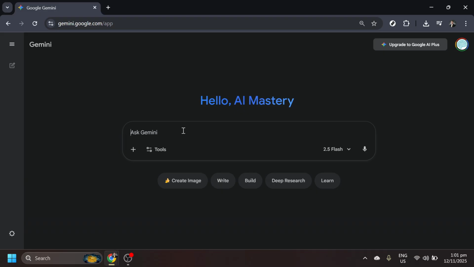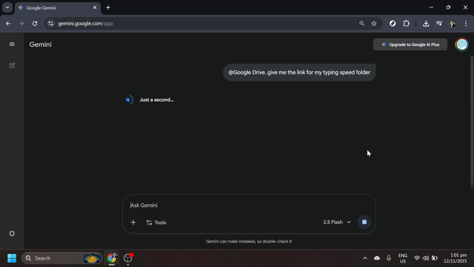Type in a prompt like, "At Google Drive, give me the link for my typing speed folder." This is a clear instruction for Google Gemini to fetch a specific folder link from your Google Drive. Once you've entered it, there's one more step to complete this action: clicking Submit. After you hit Submit, Google Gemini will do its thing, and within moments, you'll see the contents of your Google Drive folder. You'll have quick access to the link you requested, all within a few clicks, and without ever leaving